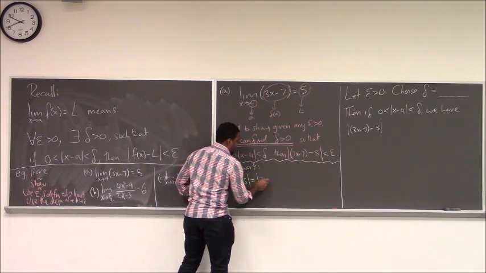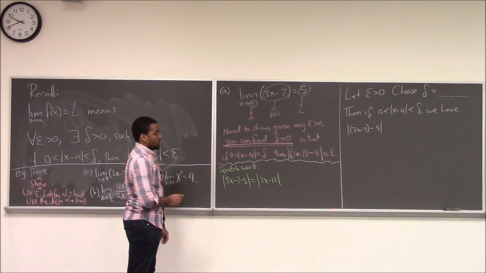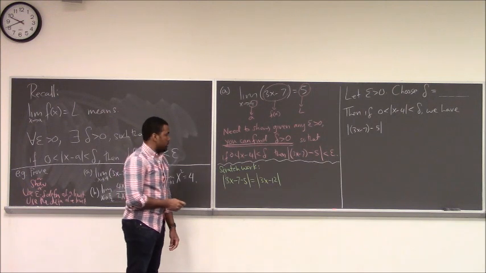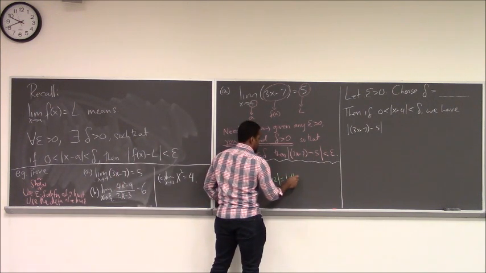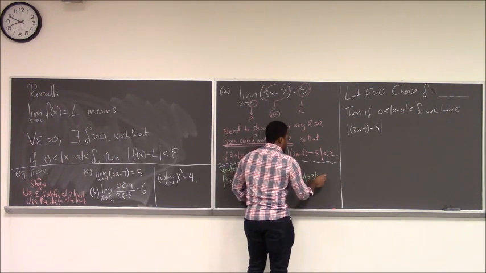3x minus 12. Can you simplify that anymore? Take a 3 out. You can factor out a 3. And remember, the absolute value of a product is the product of the absolute values. So technically this is 3 in absolute value times x minus 4 in absolute value, or just 3 times |x minus 4|,